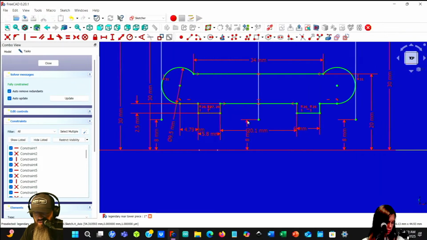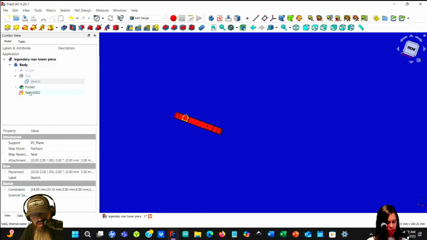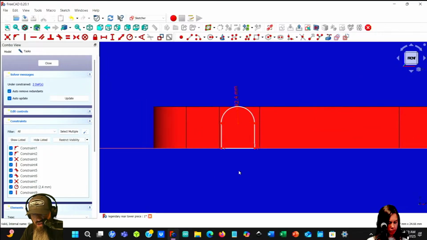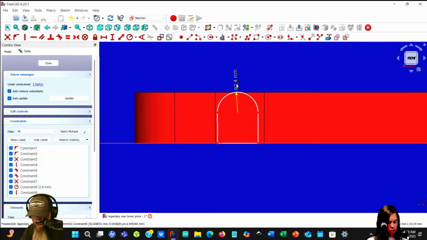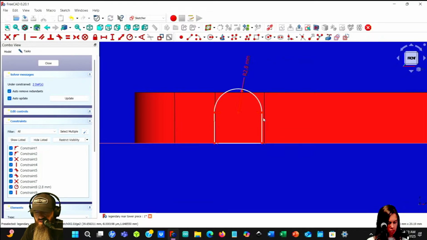I think that should get us there to add our parts back in. And then let's go back to the sketch and make this 2.8 again. I think that's why this distance needs to be shorter.